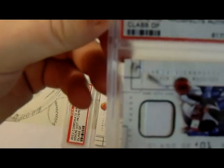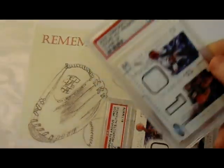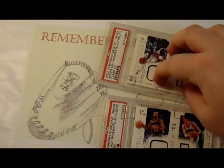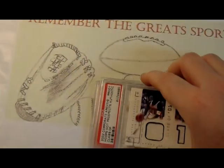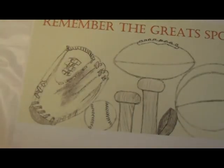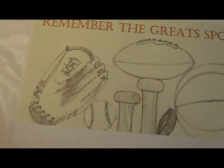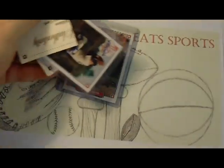And it's a 1-on-1, like I said, proof. You can't get these anywhere else. I mean, you may be able to get the completed jersey, but this card in particular, and every one of these, is PSA authenticated. So, with that said, for all of the proofs that I showed you, and the 2 autographs,